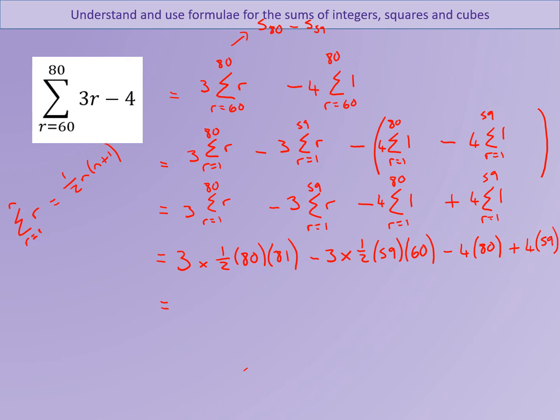Okay, so working that out, we get 9,720 minus 5,310 minus 320 plus 236. So altogether, that summation, we get